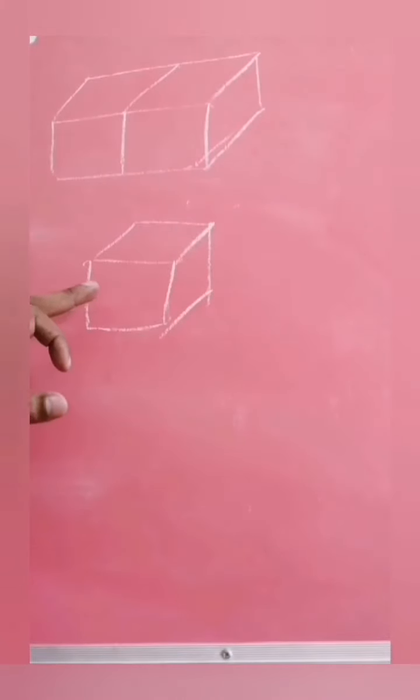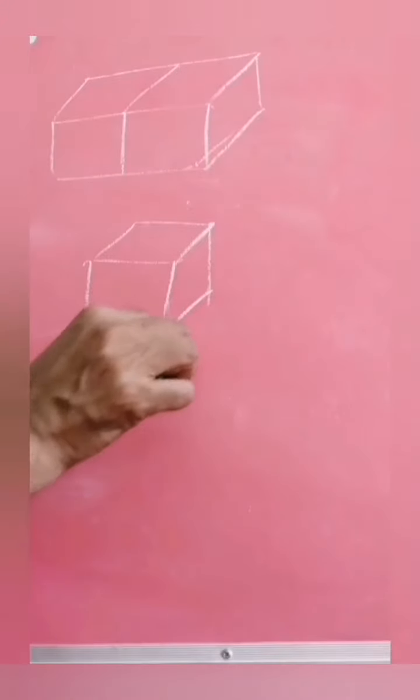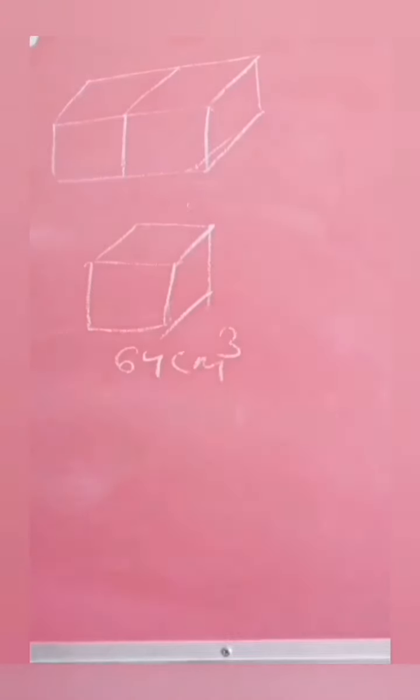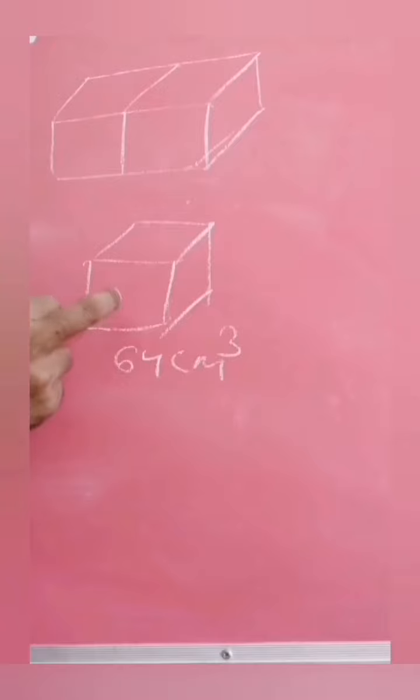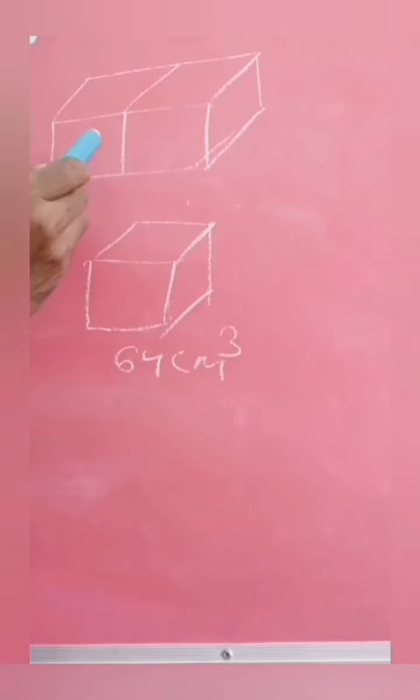And it is given that the volume of the cube is 64 cm³. If two cubes of this type are taken and joined to each other to make a cuboid, the question is: what is the surface area of the cuboid so formed? When the cuboid is formed, we have to find its total surface area of the solid.